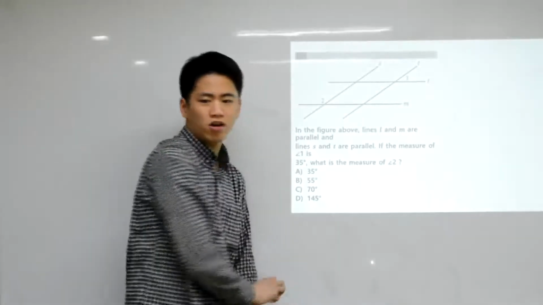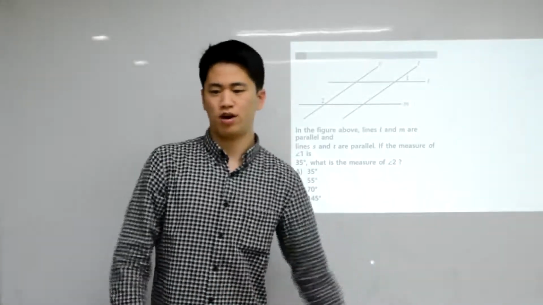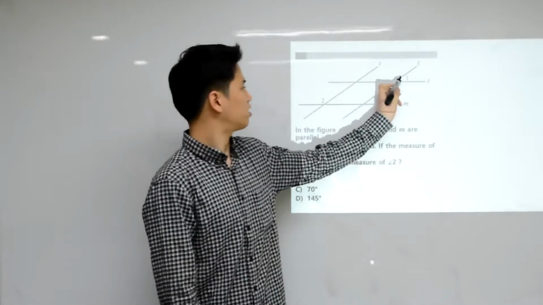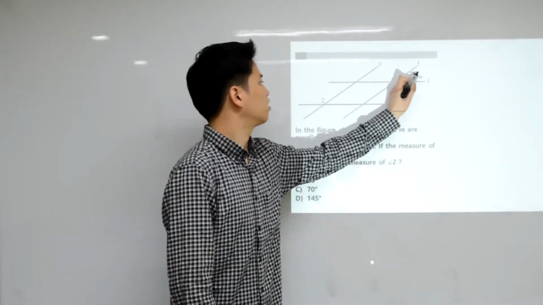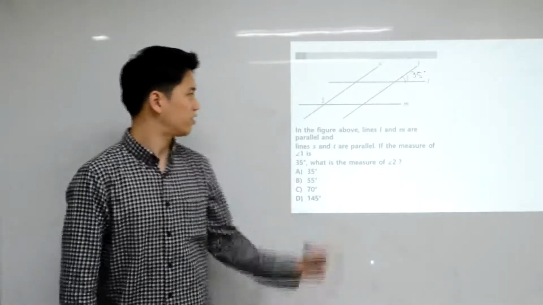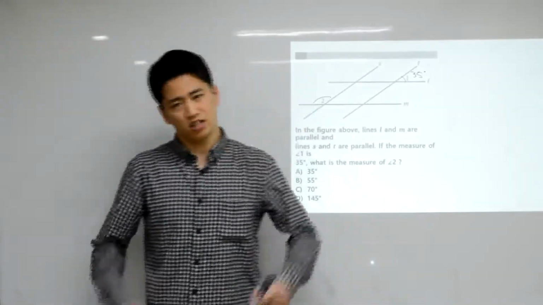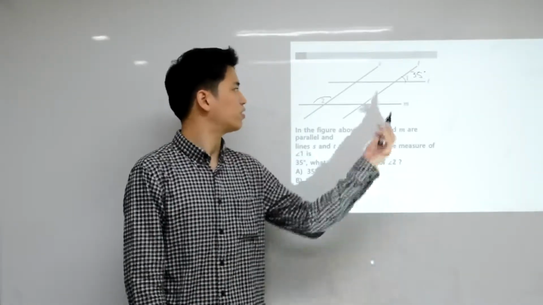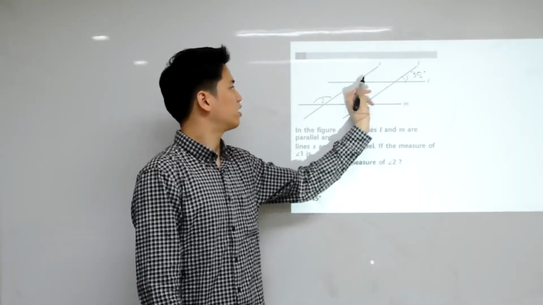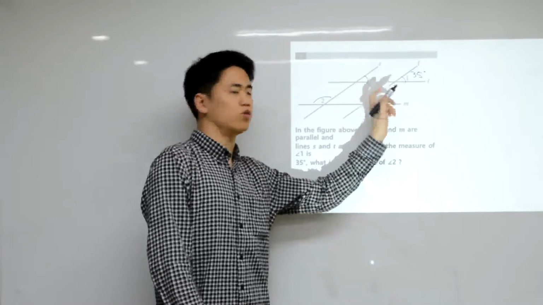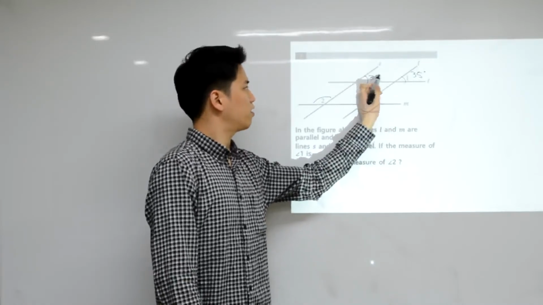The next one is a geometry question about angles on parallel lines. So they tell us that this is angle 1, and they tell us that this is 35 degrees. And the problem is to find the size of angle 2. So there are actually several ways of doing it. For example, one way of doing it is finding, we see that this angle would also be 35, because these two are